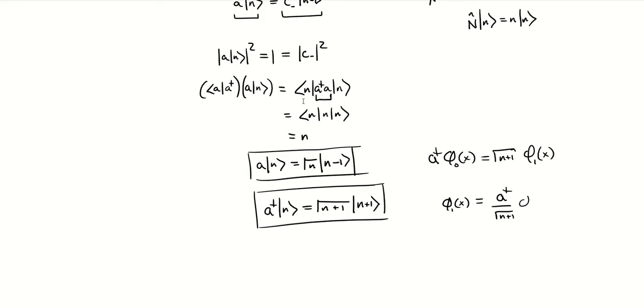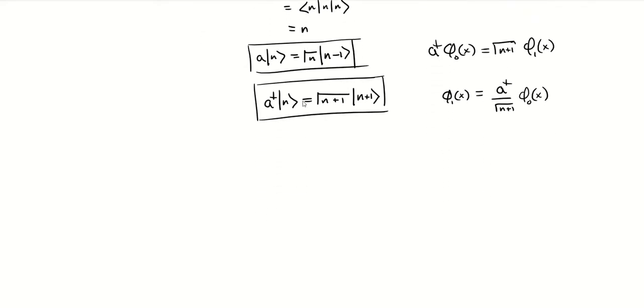So this is just root 1, phi times 0 on x. And we know the position representation of that raising operator, so we're set. And then we just keep doing this for subsequent levels, right? If we wanted the phi 2 state, the n equals 2 state, it would be a dagger over the square root of 2, because it would be 1 plus 1, times acting on the first state, and so on and so forth.